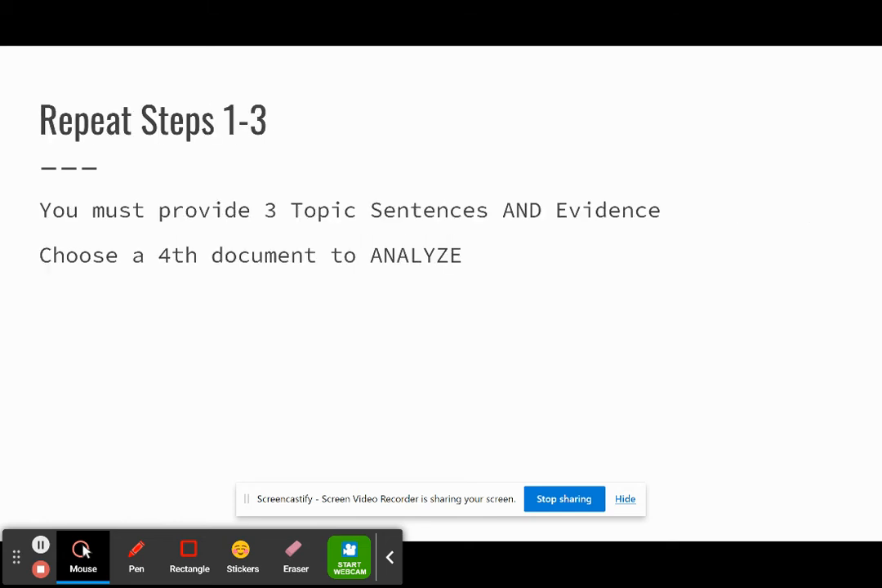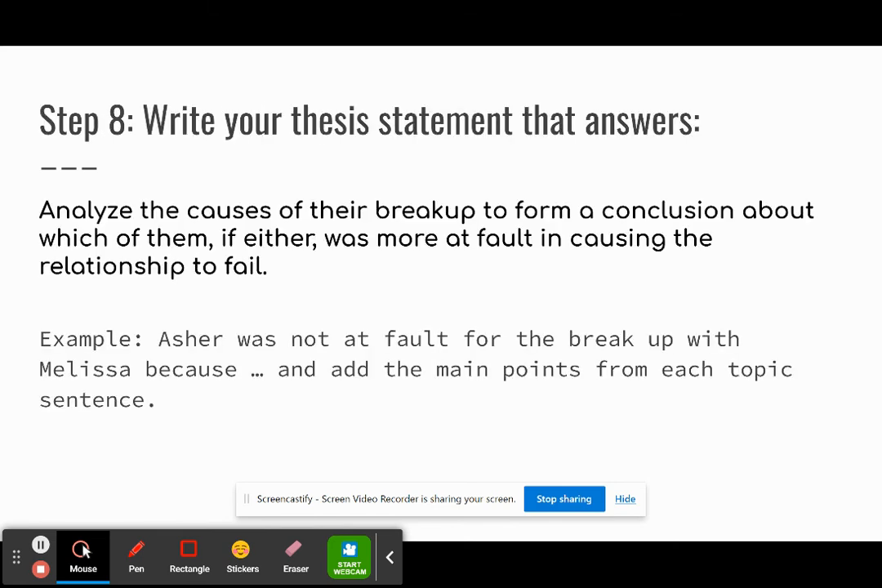And then you're going to repeat steps 1 through 3 and come up with 3 topic sentences. And you're going to analyze a 4th document that supports one of your 3 topic sentences. So you need 3 topic sentences, 3 different documents to support, and then analyze a 4th document that supports your position. The last thing you're going to do, it's not step 8, sorry, it's step 4, is write your thesis statement that